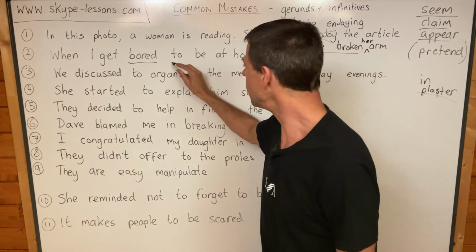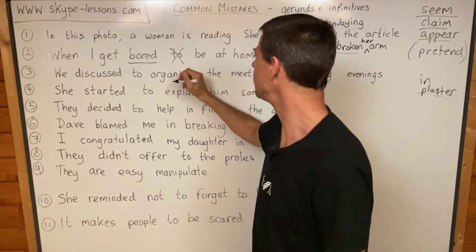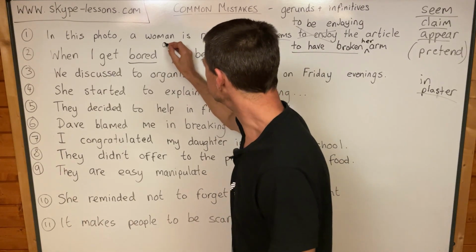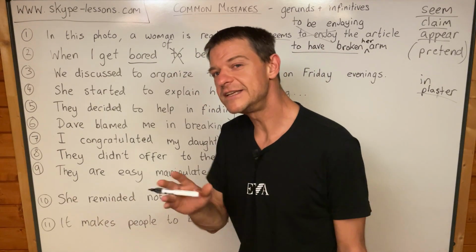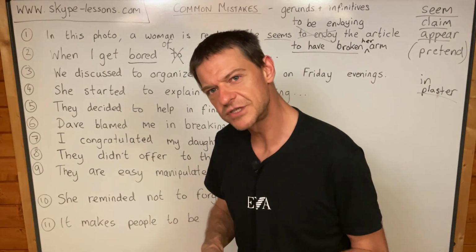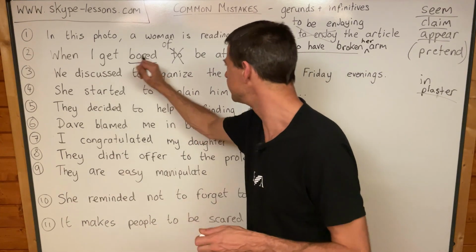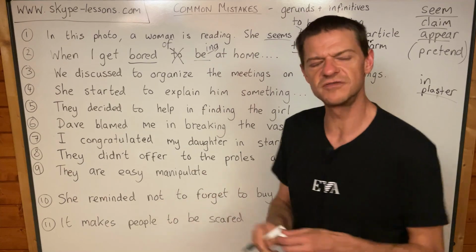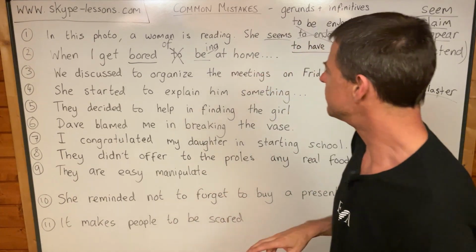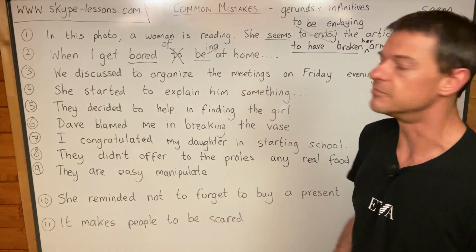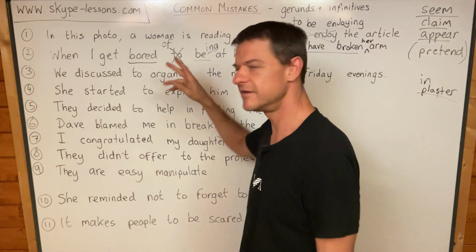Okay, number two, when I get bored to be at home. No, bored of. When I get bored of being at home. Bored of, bored with, being bored. I say bored of. I remember reading bored with in Cambridge. And that sounds odd to me because I always say bored of when I get bored of being. And I think everybody in this town says bored of and not bored with. When I get bored with being at home, no, I wouldn't say that. When I get bored of being at home, but I am well aware that bored with appears